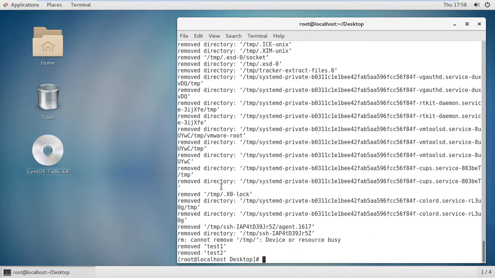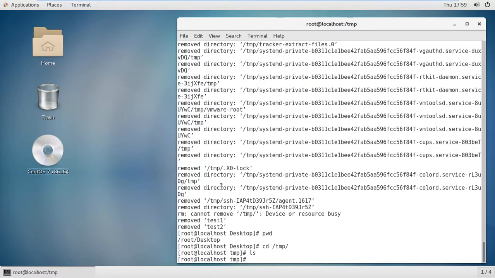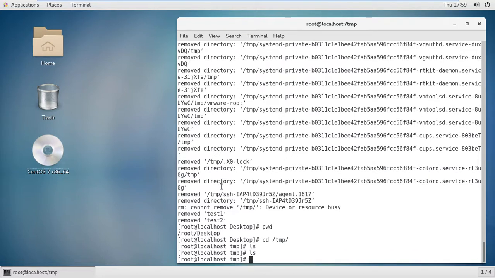Everything will be removed under the root desktop if you put this command: rm -rf /root/temp/*. The meaning of this is to remove everything that contains a star from your present working directory. I will show you this as well. As you go into temp and run ls, it's also deleted. So it's a very dangerous command. Okay, don't use this.